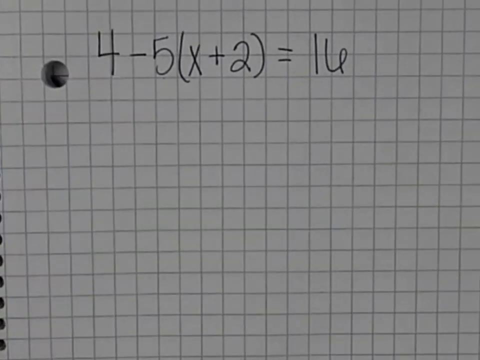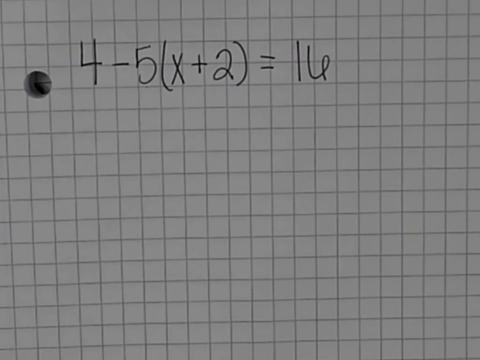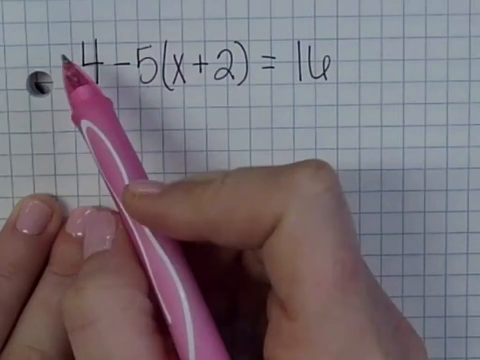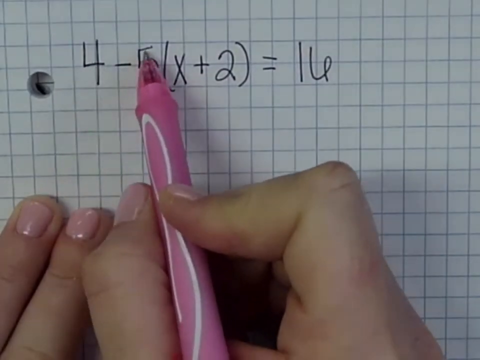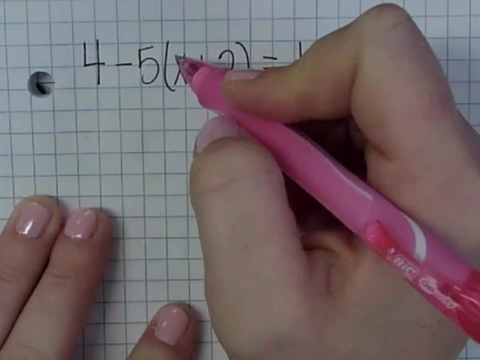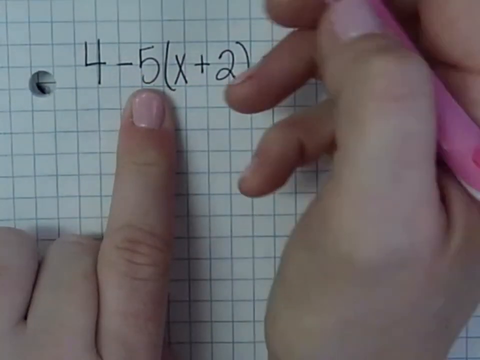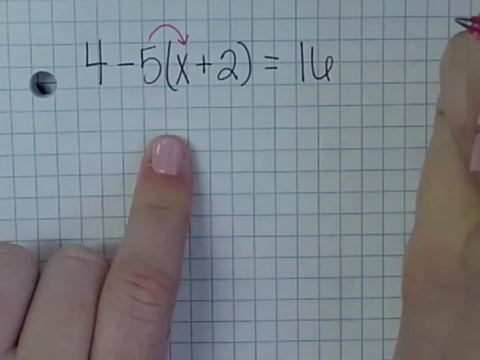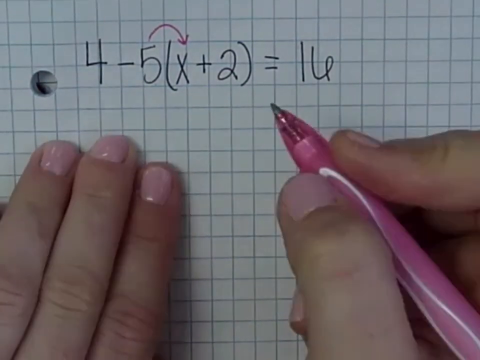Okay, so I remembered that I did not have one with a negative, so I'm going to do an example with a negative. So notice we have 4 minus 5 with these parentheses. The part that I need to distribute is this -5. So I need to do -5 times x first. That's the first thing that I have to do. So it would be